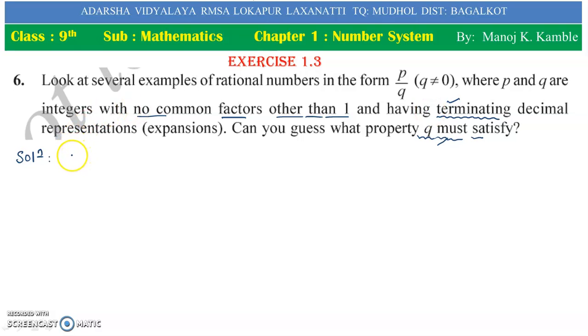On what basis? Here p divided by q is the given form of rational number. The q must be satisfied for terminating decimal expansion